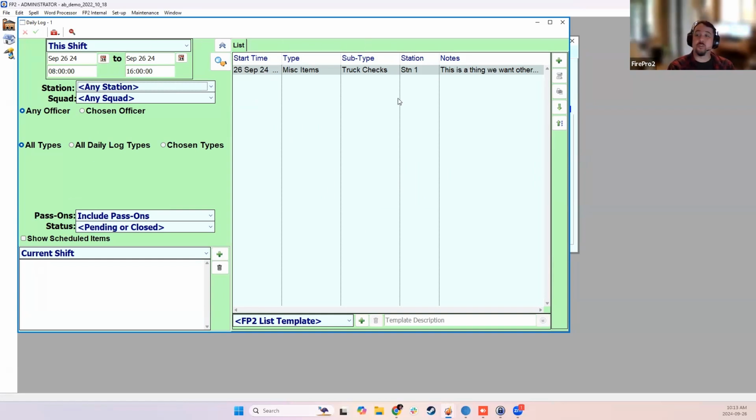And this is useful for just seeing what has happened on the shift so far, for monitoring activities over the course of a shift, but also can be really important when we start to tie in the scheduler, where I deal with what we would call scheduled items. You could also, in this context with saved searches, filter down the shift to only display certain types of information related to different daily log activities or different types of actions that we're doing in the department that are just relevant to what's happening or to what the current officer,